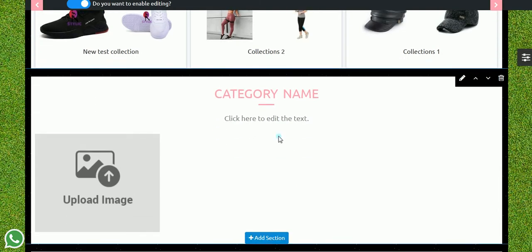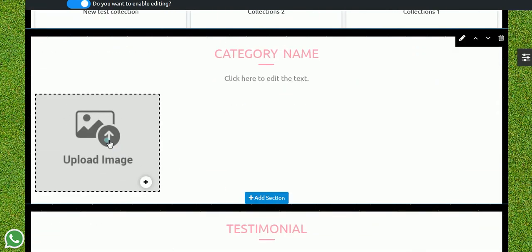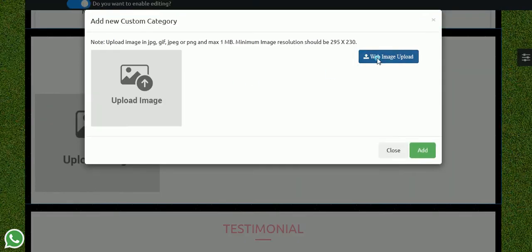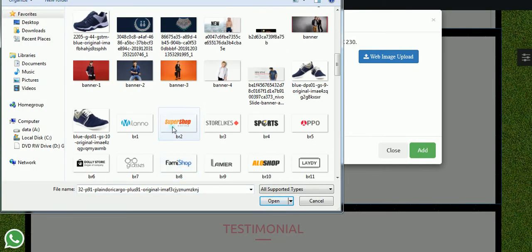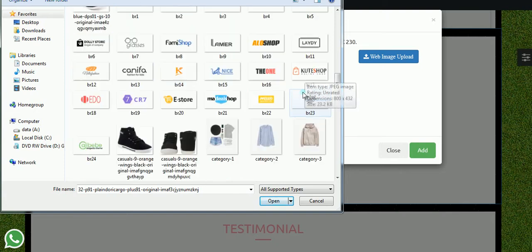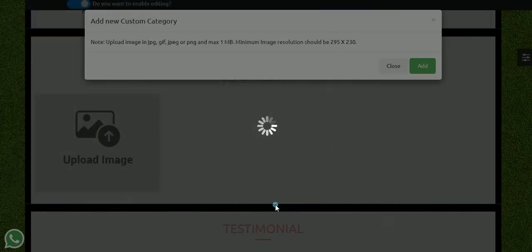Now here I can do the editing part also, like which category I want to upload, which customized category I want to create. Suppose I want to upload an image over here, I will just click over here. I'll upload an image. Let's say I'll upload this here and I'll just save it.